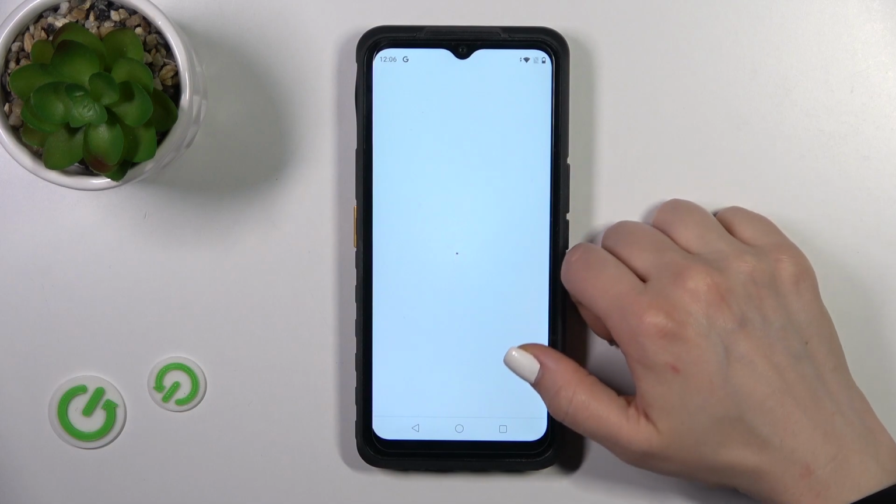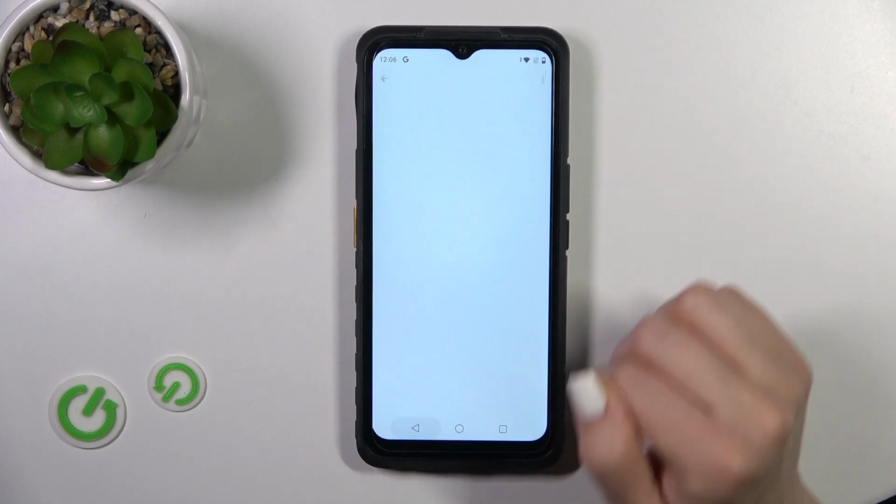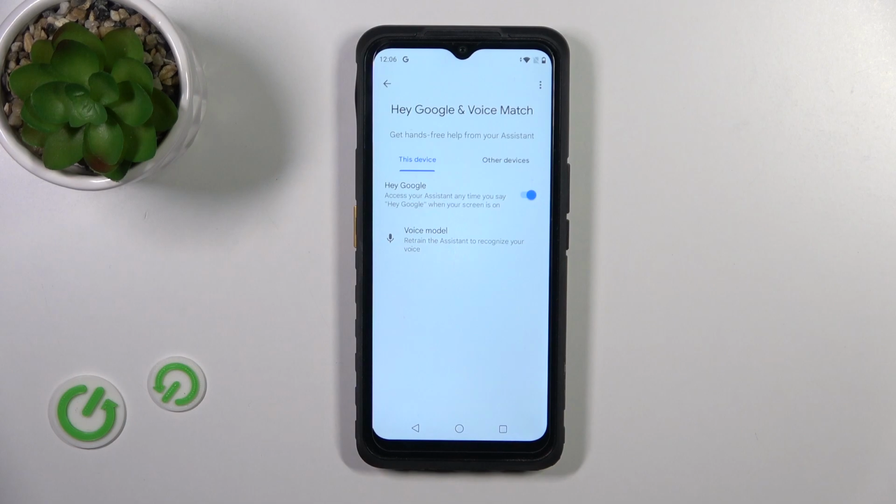Now the Hey Google option is ready, so when you say OK Google or Hey Google, you could see that